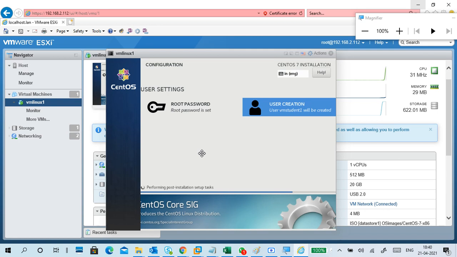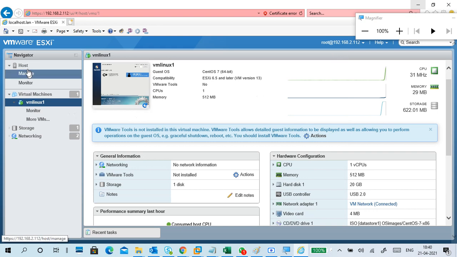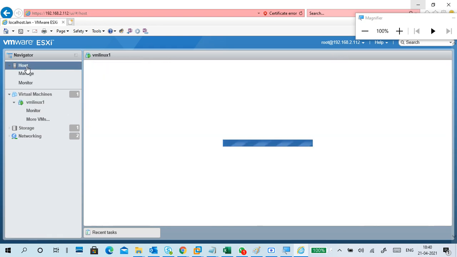Now I want to create a virtual machine on the server from my PC. So I open a browser, put in the IP address, and give a username and password. So I connected to the server like this. It is a single host only that I have, so currently this is the only server. I can manage the network and look at the network.